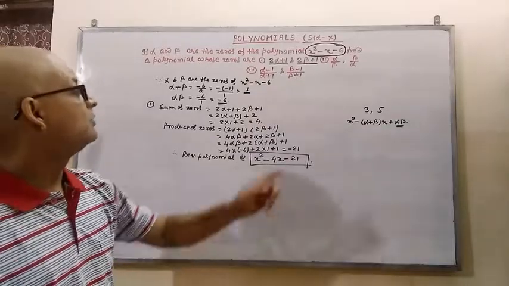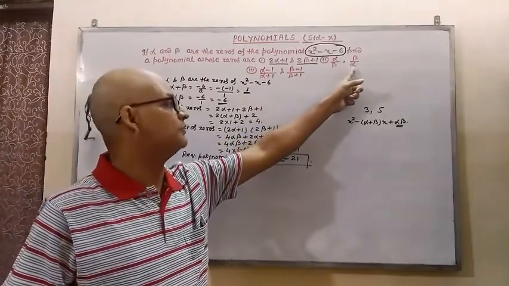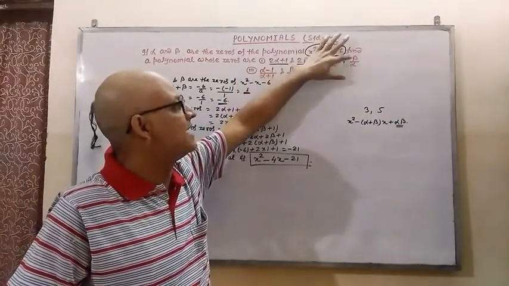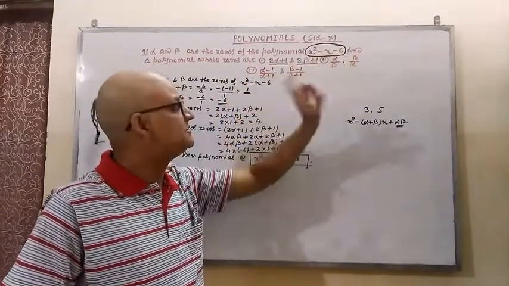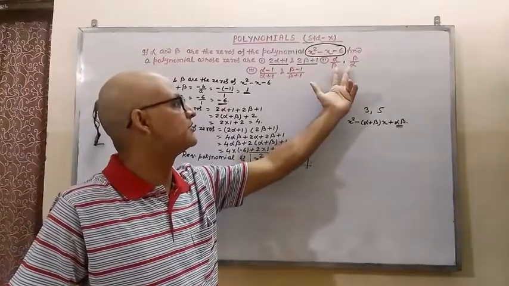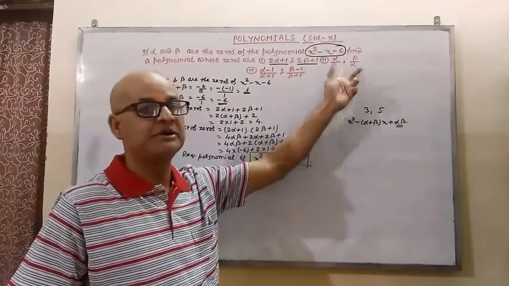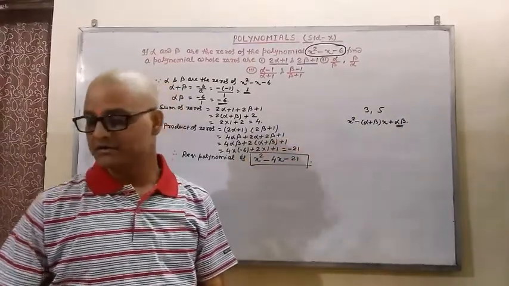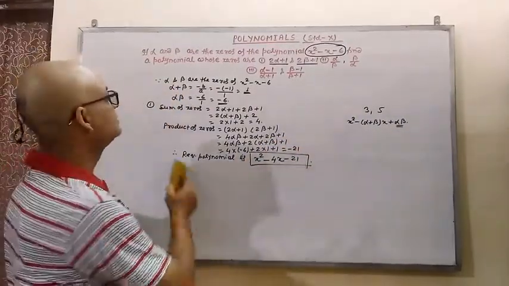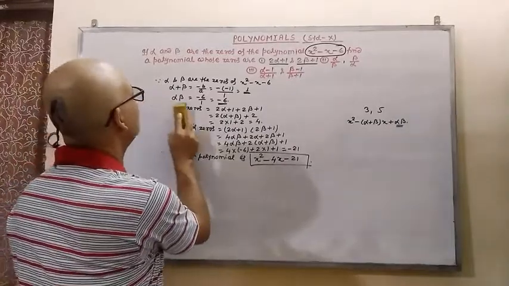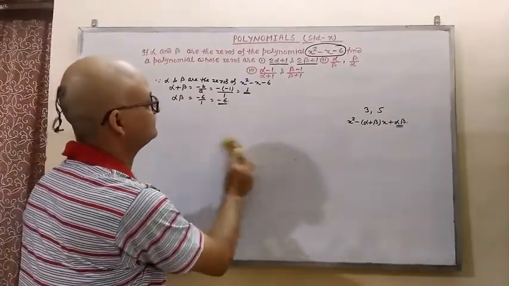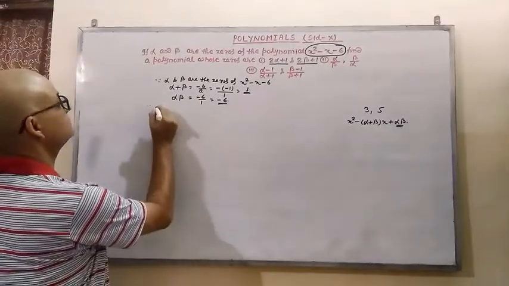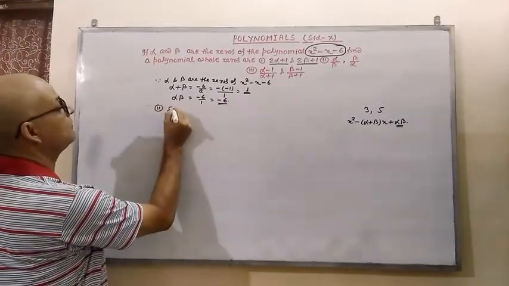Similarly, now we can find it for the second question. Second question, the zeros are given as alpha by beta and beta by alpha. Similarly, we will first find the sum of zeros, meaning this plus this, and product of zeros, meaning this into this value, and then we will get the quadratic polynomial. So now the second question. For the second question, sum of zeros